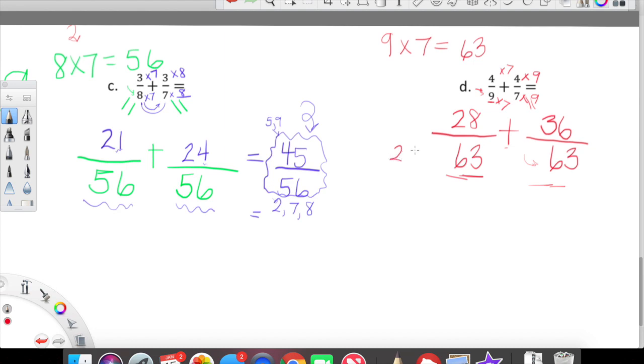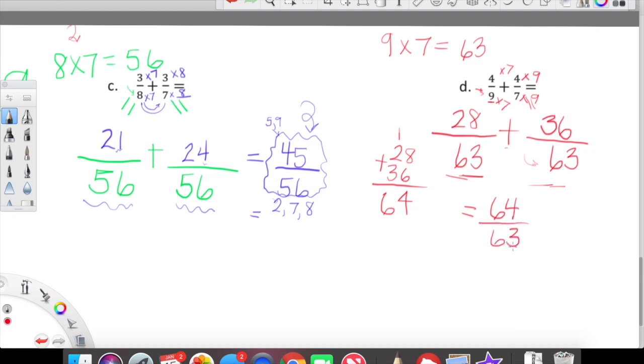28 plus 36, I could really try to do that in my head, but I feel more comfortable stacking these up vertically, and there is no shame in that. 28 plus 36, 8 plus 6 is 14. Bring our 1 in our tens place value over. 1 plus 2 is 3. 3 plus 3 is 6. Beautiful. So what we have here, you guys, is 64